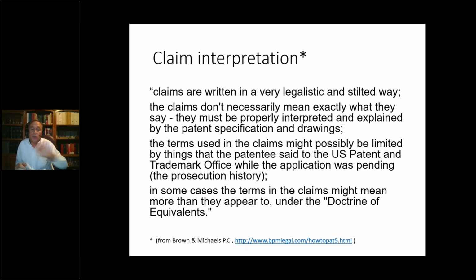if the patent office says, no, you can't have a patent because you're talking about this particular thing, and I say, well, no, but when I use the word that refers to this particular thing, it doesn't mean the same as what that other person that has a patent meant. That now becomes a limitation on what your patent terms mean, but you don't know that unless you look at the record of what happened between the examiner and the applicant's attorney, which is called the prosecution history. And then we have the doctrine of equivalence, which is kind of like that shady claim structure we talked about before.